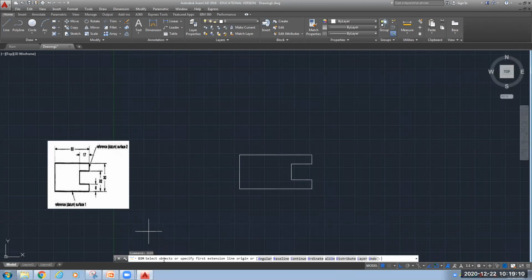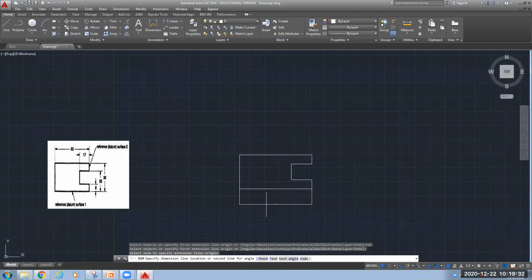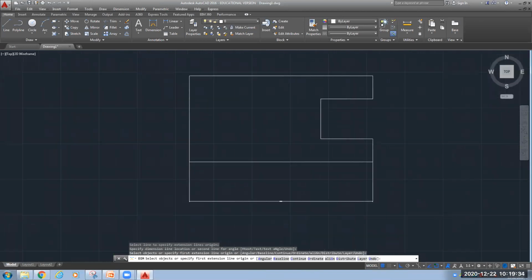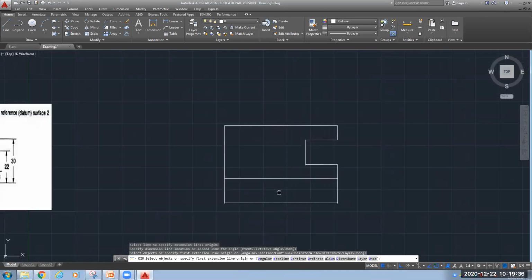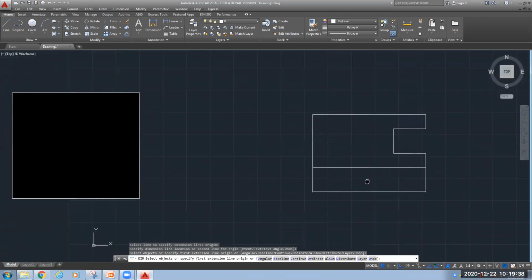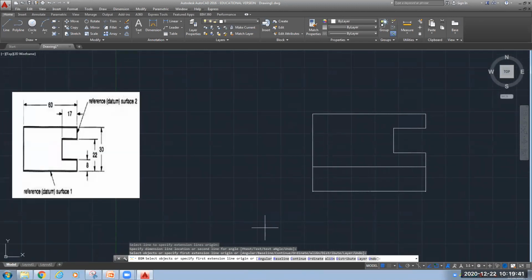Now here we have vertical and horizontal options. If I want to go for horizontal, I can type HOR. Let's see whether it is working or not. It is asking to select the object. I want to give the dimension of this line, so select that line and place the dimension text, which is not visible. Now I hope you are aware of why it is not visible and how to modify that.